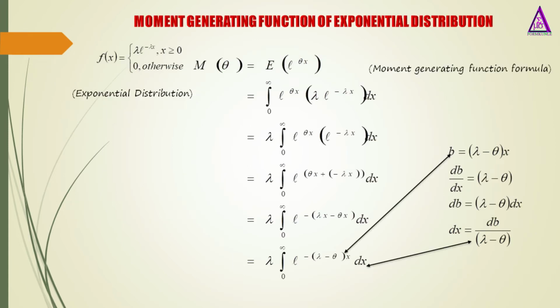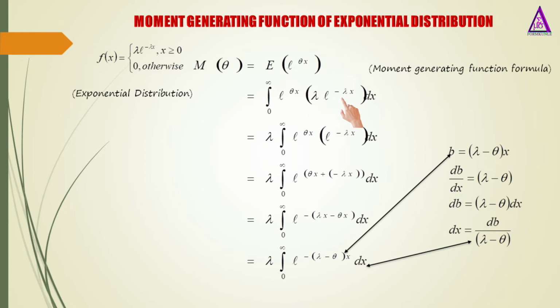The third distribution is the exponential distribution, and the PDF of the exponential distribution is f of x equal to lambda times e to the power of negative lambda x, where x is greater than or equal to 0, and 0 otherwise. And this is the moment generating function formula. Because the exponential distribution is a continuous distribution, we have the integral from 0 to infinity